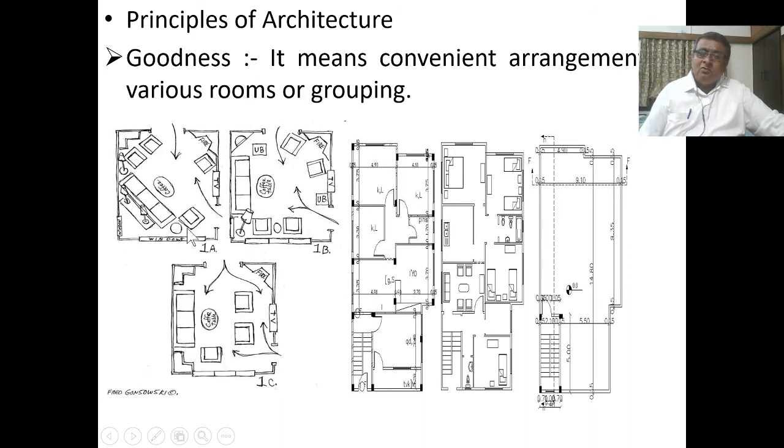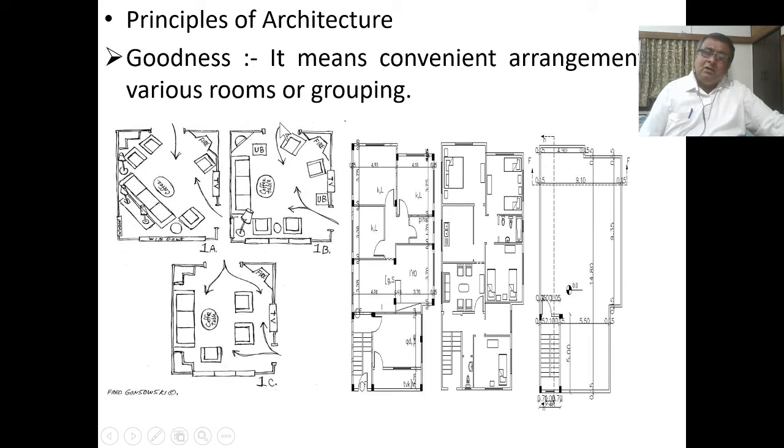In this first case, the furniture is arranged at some angle with the wall, so there is only one way of getting into the room from both entrances. Now here the angle of the furniture is changed, so there are two ways from this entrance,